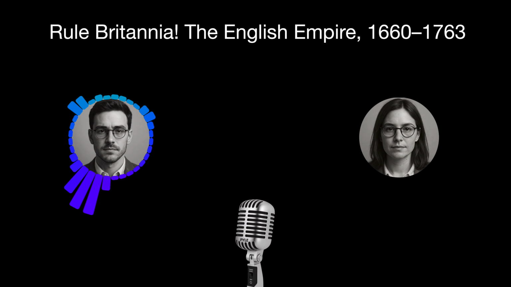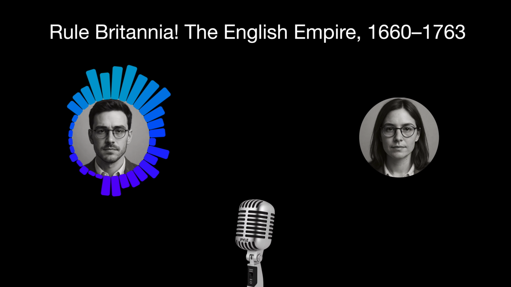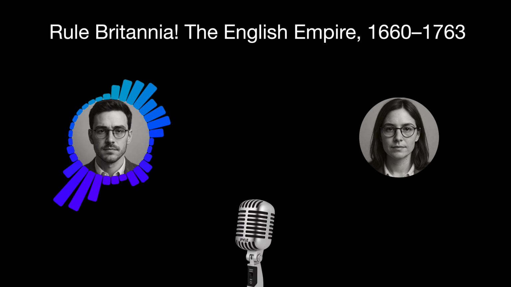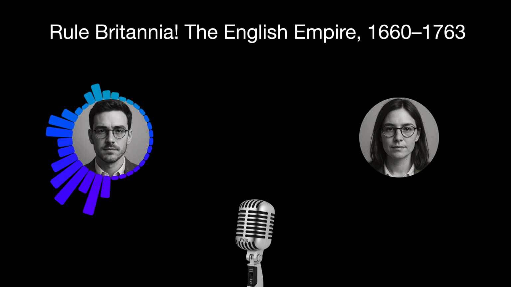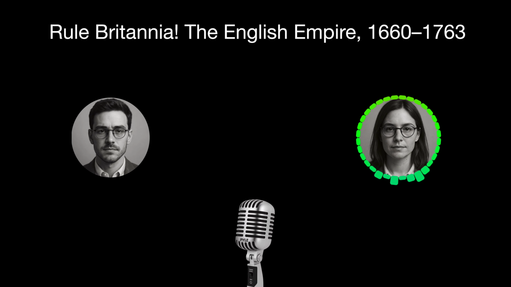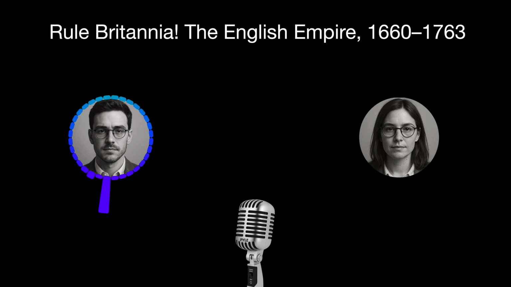In King George's War. Mid-1740s. Right. More fighting in the north. The big event was the capture of the huge French fortress at Louisbourg on Cape Breton Island by colonial and British forces in 1745, a massive victory, captured in paintings. But they had to give it back. Exactly. The Treaty of Aix-la-Chapelle in 1748 returned Louisbourg to France. Colonists were furious after all their effort. It felt like an incomplete victory, setting the stage for more conflict.